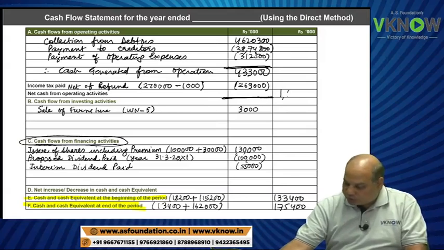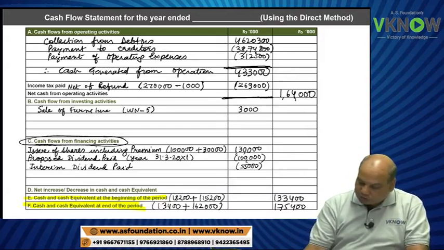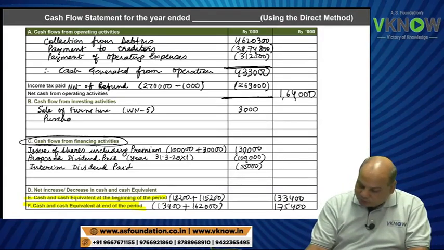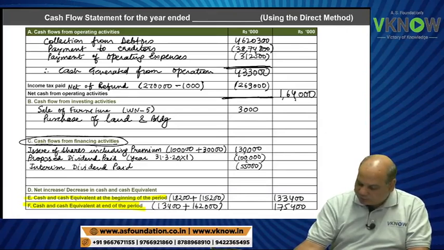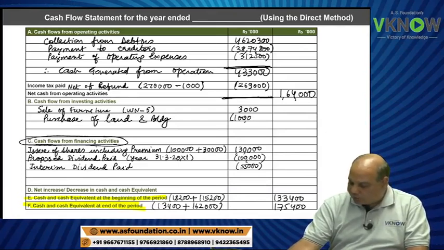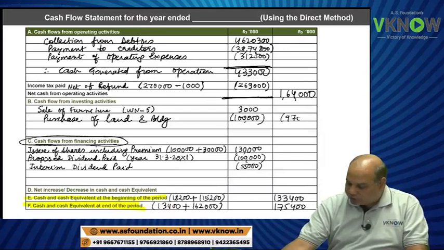So Sanket is saying that operating activity is 1,64,000 and purchase of land and building we have to write here. Purchase of land and building 1 lakh, and that will result into 97,000